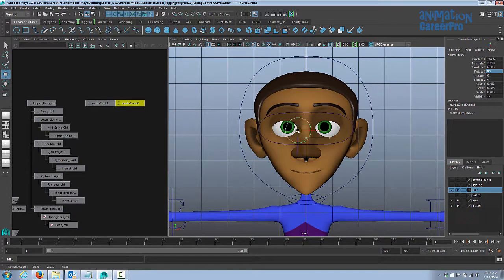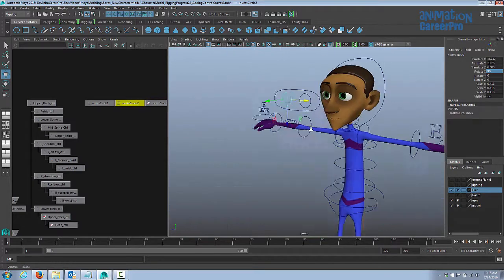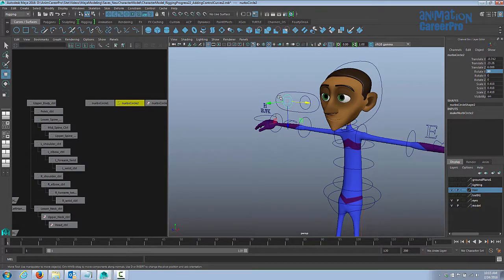Doesn't really matter how big it is, just as long as it fits inside that outer ring. And it doesn't have to be directly in front of the eyeball. You can place it anywhere really. And then I'm just going to use Control D on my keyboard to duplicate it, and we'll just move the second copy over. Alright, so now I'm going to do what we always do when we create new control curves.